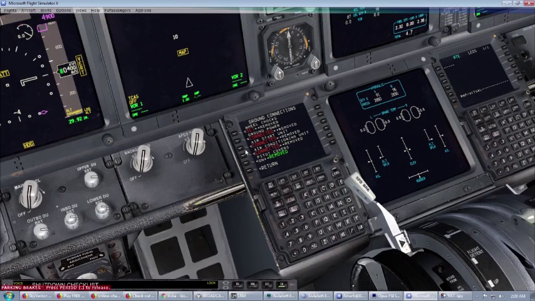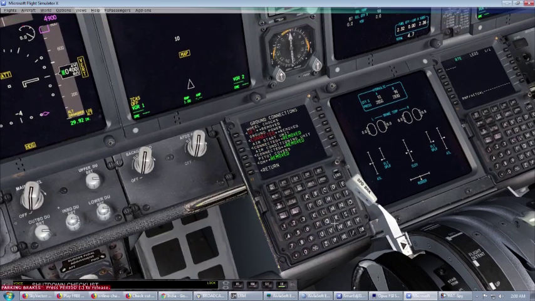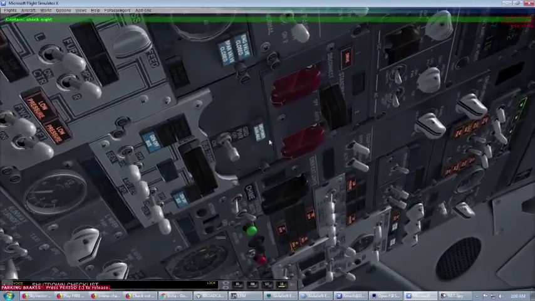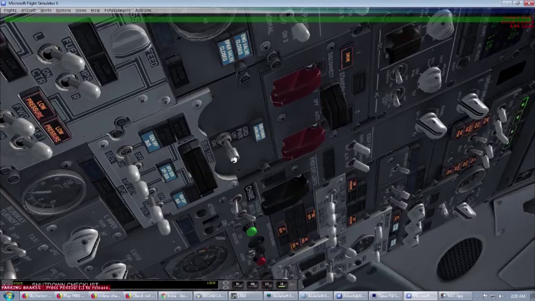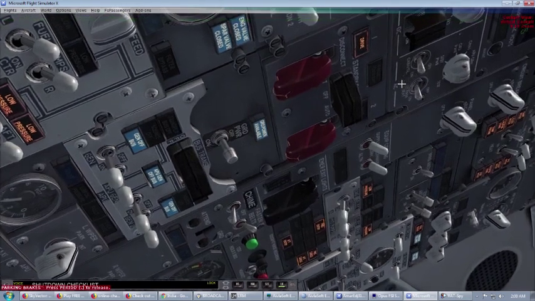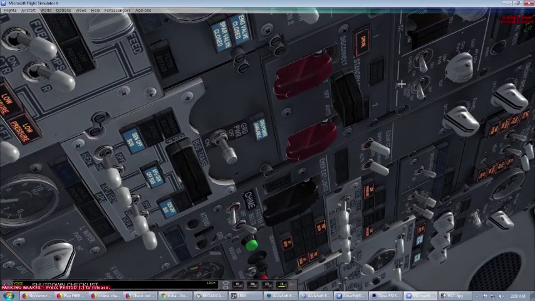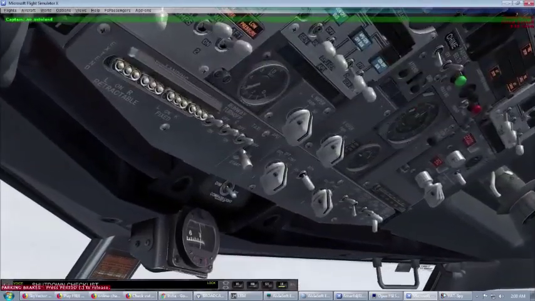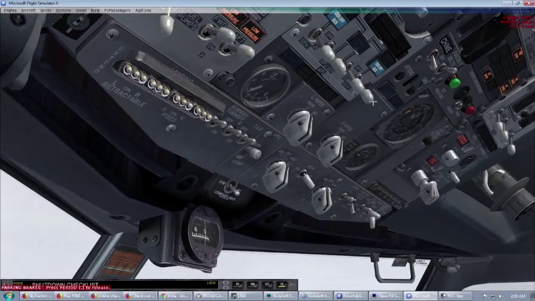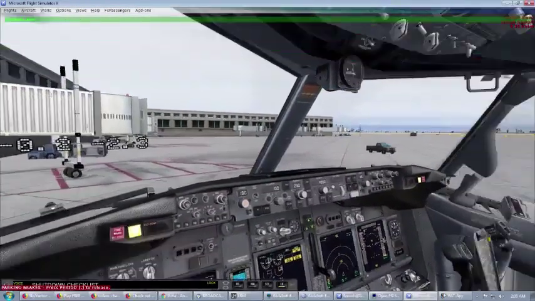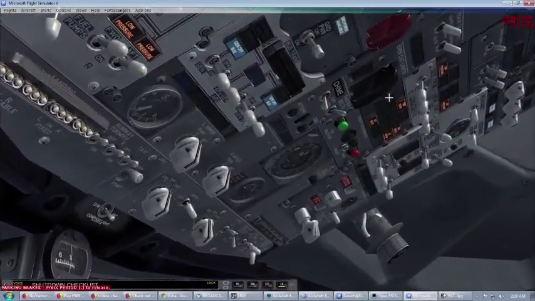it, and wait, let me first connect to the, here it is, and let me connect to the ground. Ground connected. So ground power is on, so I can turn off the APU generator now, as ground is connected. Yes, so now APU generator is off, and I am connected to the ground, and